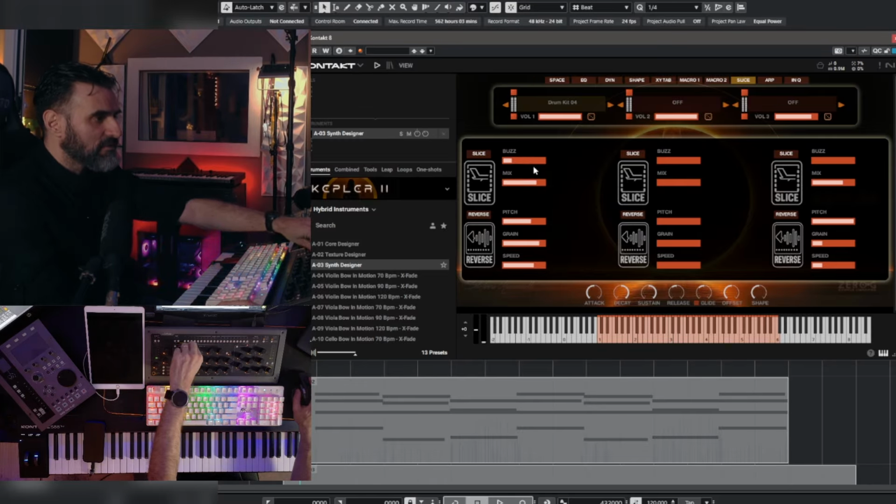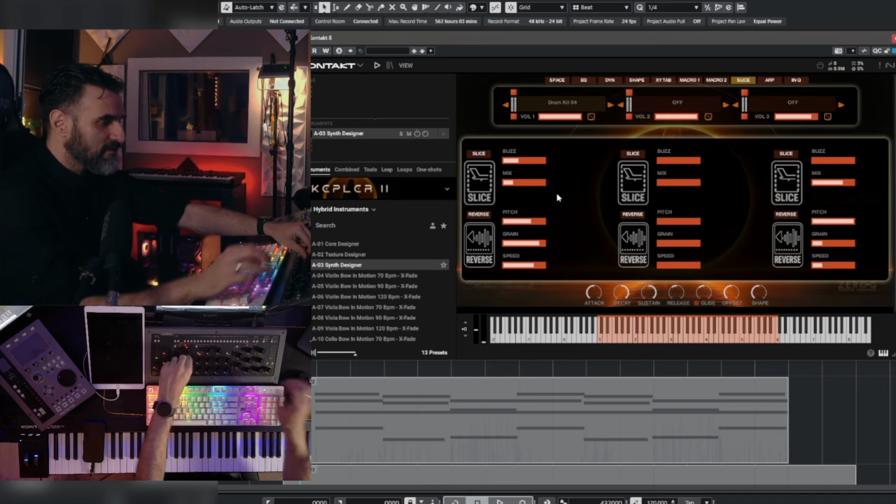I can automate also these controllers here, so I can